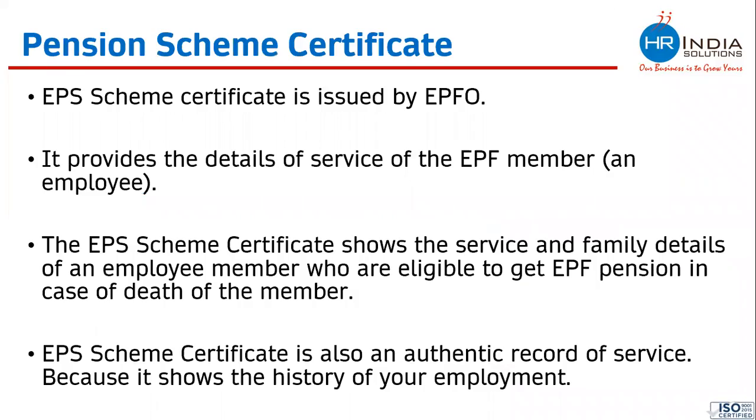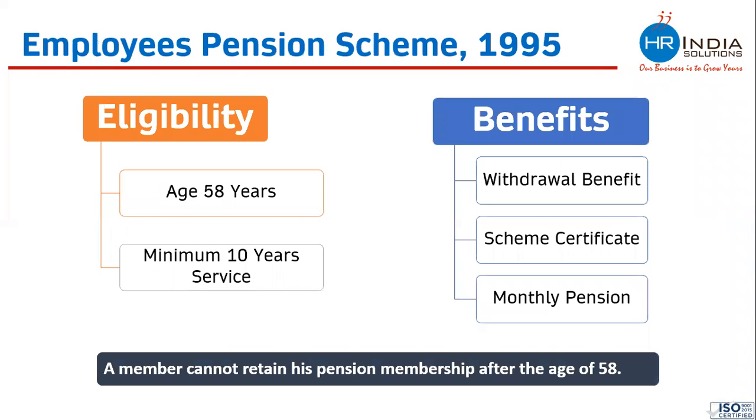Over to you, Dheeraj. Yes. Where has the slide gone? Okay, here. The monthly pension is the case when the employee becomes eligible for the monthly pension. The criteria is that the employee has attained the age of 58 years and has served for at least 10 years. When we say 10 years of service, it means that 10 years of contribution in the pension fund should be there, right? If the employee has withdrawn his pension fund, those years become void. So the employee's age should be 58 years and the contribution of 10 years should be there in the pension fund. If these two criteria are fulfilled, then the employee is eligible for the monthly pension.